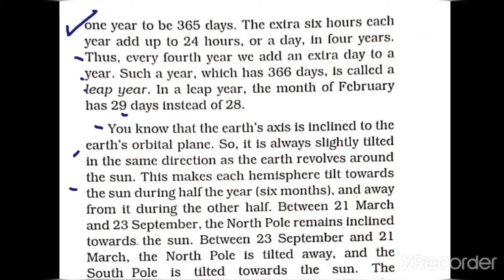Between 21st March and 23rd September, the North Pole remains inclined towards the sun. Between 23 September to 23 March, the North Pole is tilted away. Means from 21st March to 23rd September, Northern Hemisphere will get a good sun, okay, and from 23rd September to March, it will receive less. The proportion of the sun rays will not be direct, it will receive less sunlight. And the south pole is tilted towards